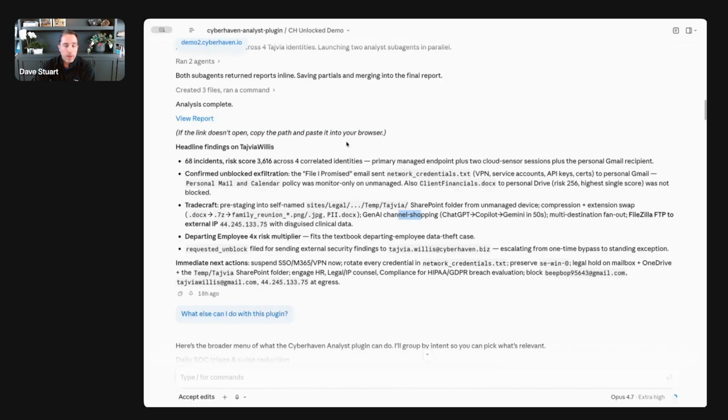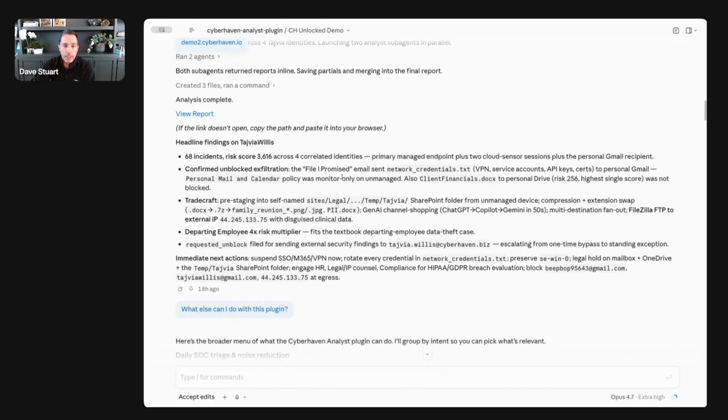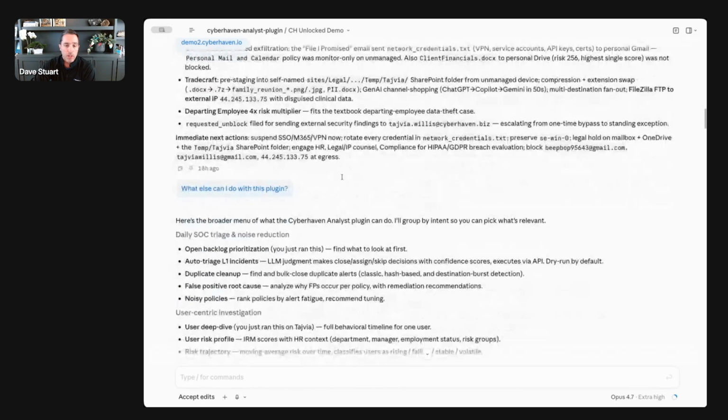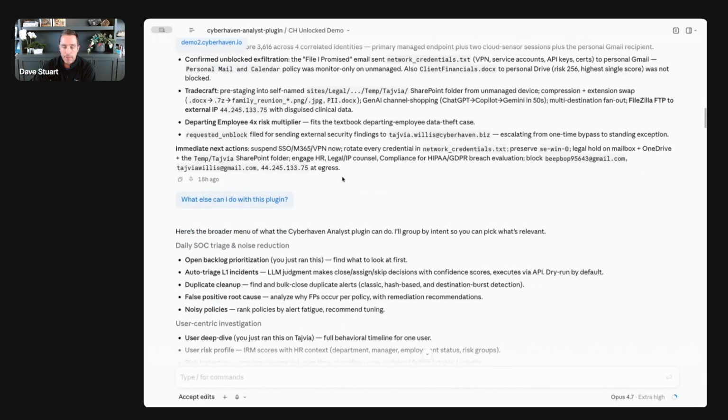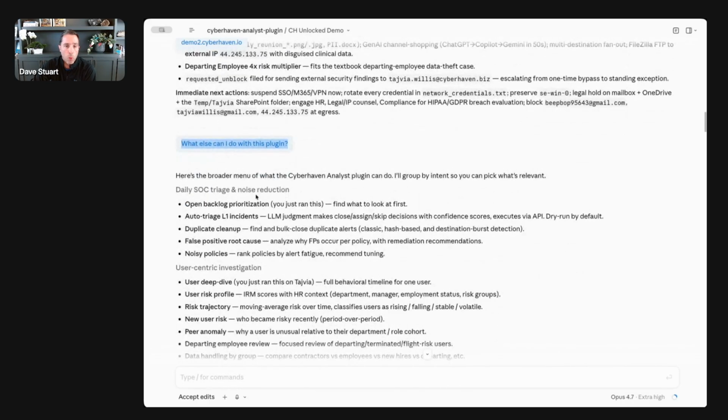Again, it creates a report that we can view in our browser, and then gives you the ability to continue that conversation of, well, what would I want to do next. And so at this point, I started on that SOC workflow, and I did my triage of the past 7 days of incidents. I found a user that was risky. I investigated that user. I could have kept going down, continuing the conversation specifically for that type of workflow. But I just wanted to highlight what else I can do with the plugin, because I mentioned